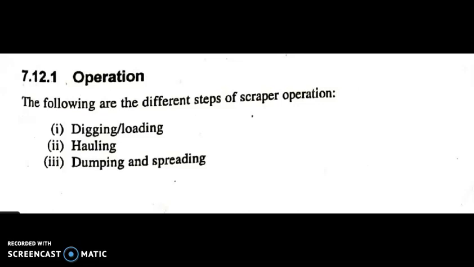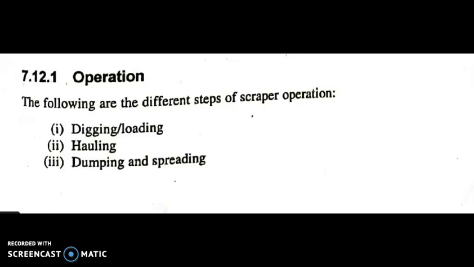The third one is dumping and spreading. The bowl is lowered until the cutting edge touches the ground. The apron is then raised just enough for the material from the bowl to start flowing. The tailgate is then moved forward gradually, discharging the material from the bowl.